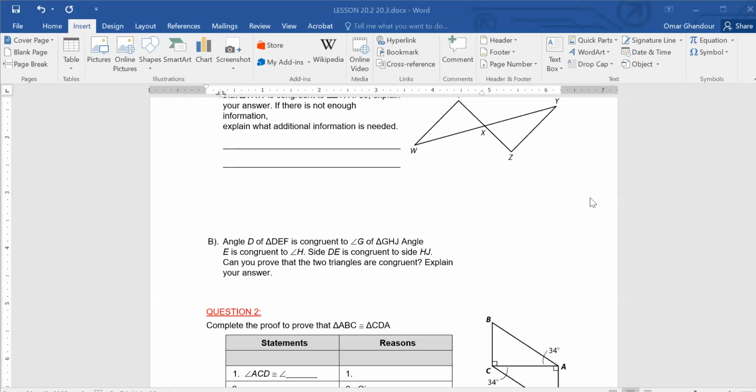Okay, today we are going to be revising our last two lessons, lesson 20.2 and lesson 20.3, which were talking about the congruency of triangles. If you remember, I told you that you will be having 4 rules about congruency of triangles, but we didn't have time to take more than 2. Just as a hint for the future, the 4 laws are the first 2 laws that we already took,